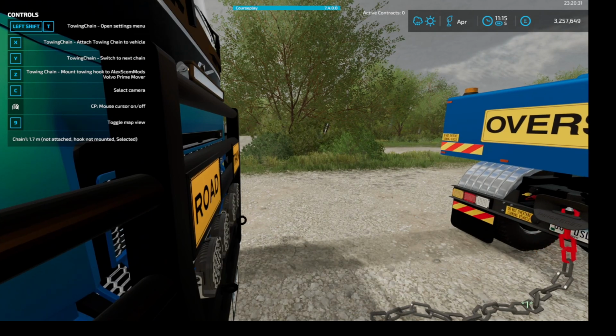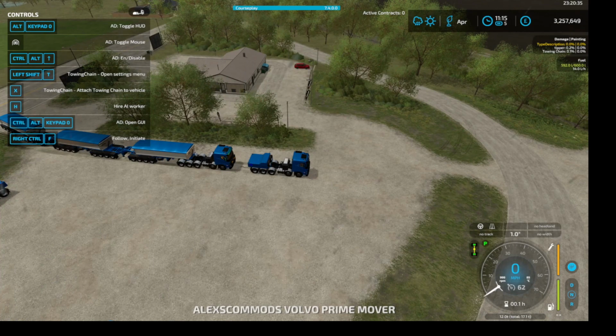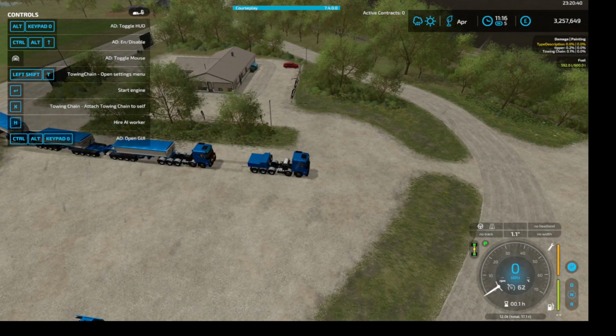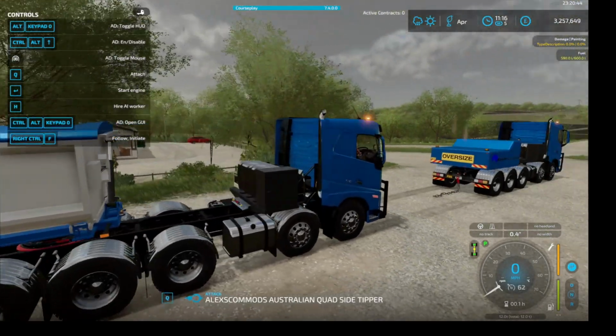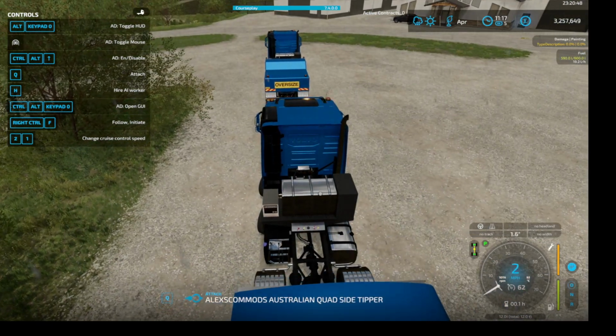Disconnect chain. Excellent. Let's run this one forward. Make space. Pull the second one out. That should do the trick. Leave the trailers behind. And